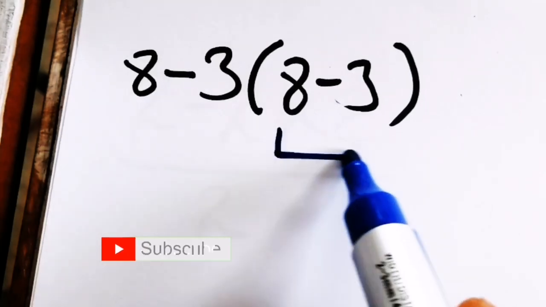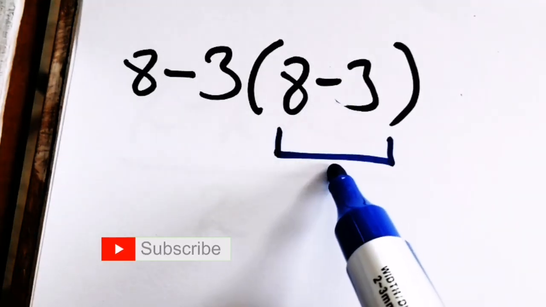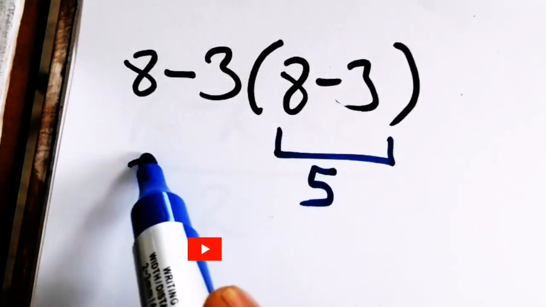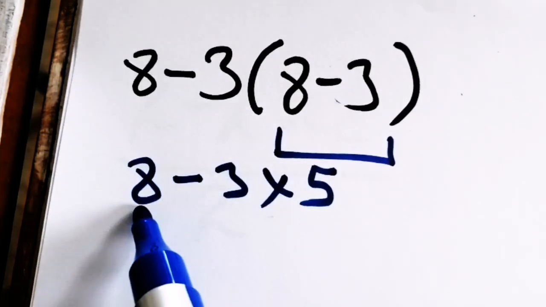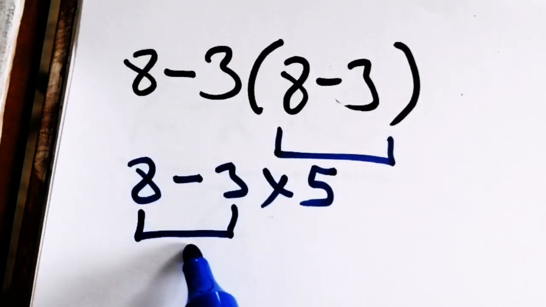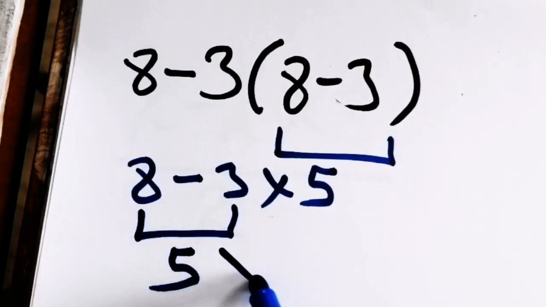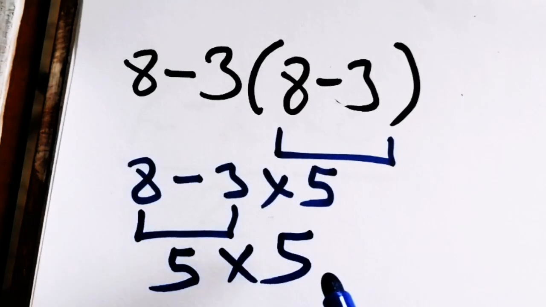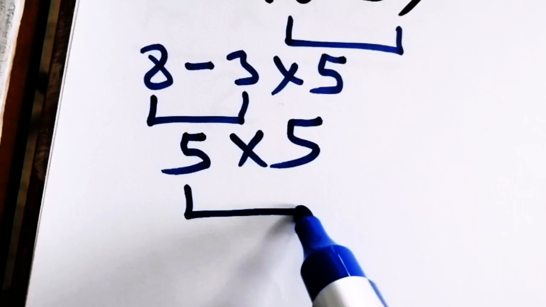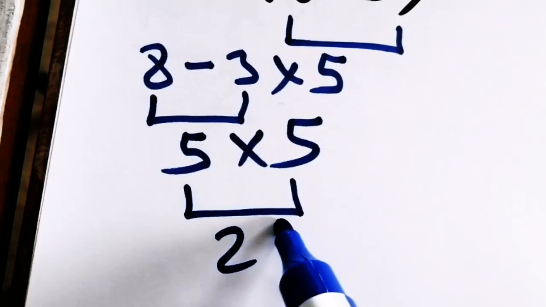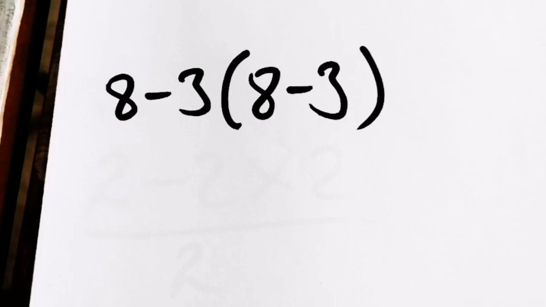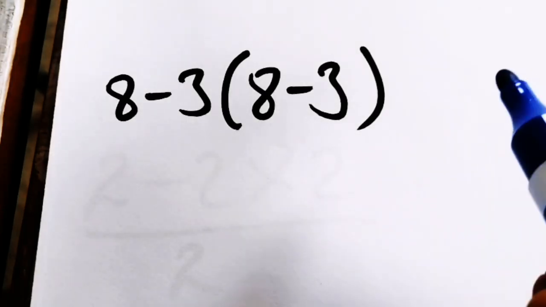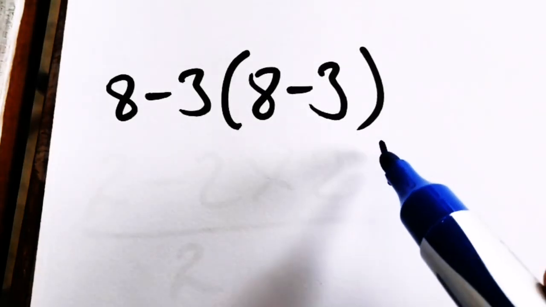8 minus 3, which gives us 5, and 8 minus 3 times 5. Then 8 minus 3 here also, which equals 5. 5 times 5, which equals 25. But this is not the correct answer, because according to the order of operation PEMDAS, first we have to do